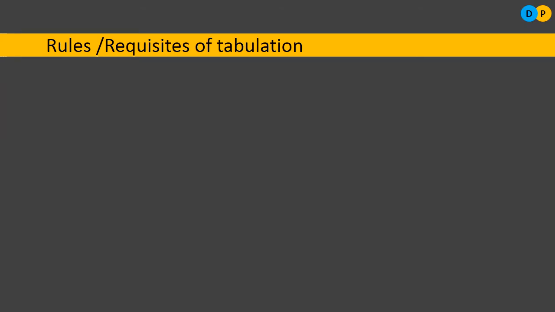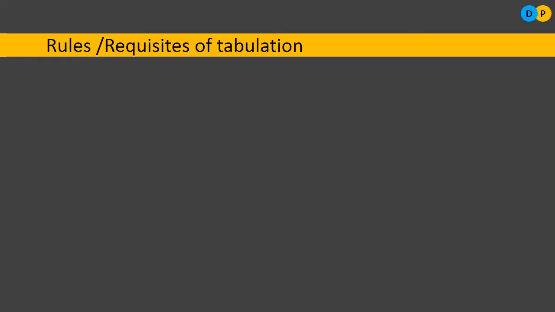Dear students, in this video, let us study what are the rules of tabulation. Along with this, let us also understand what are the different types of tables. As you know, a table will be giving us the detailed information regarding all the values collected. So if you want to understand a table, then the data put forward in the table need to be in a pleasant format so that it will summarize all the information.